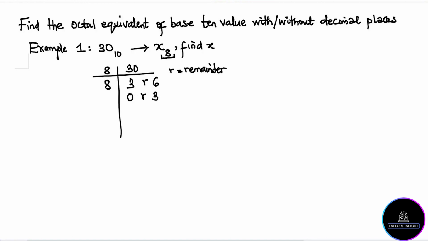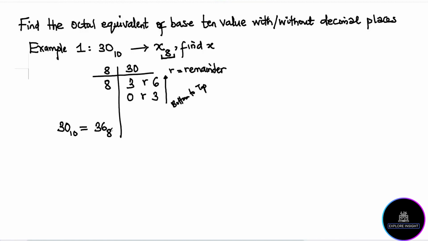In a situation like this, all we need to do is to draw our arrow up, which simply means from bottom to top. Now, how do you consider this value? Knowing well from this arrow, bottom to top, it simply means we're going to take our value from bottom to top. So that means at the end of the day, our 30, which is in base 10, will be equivalent to 36